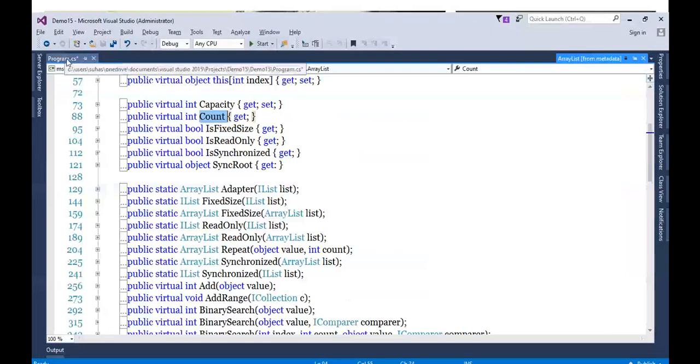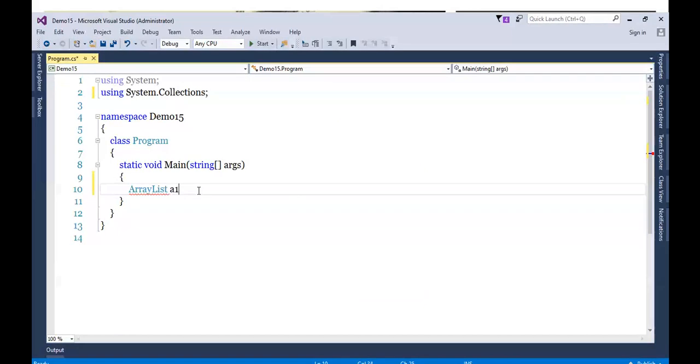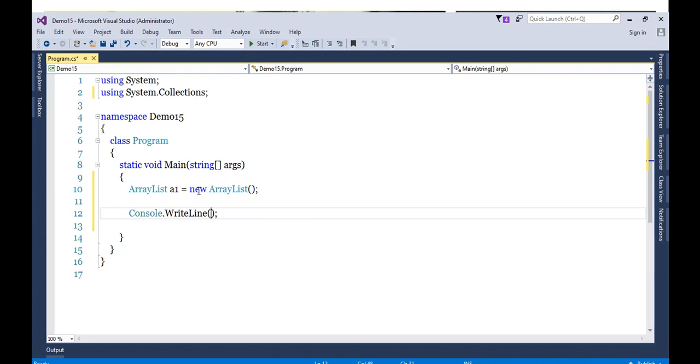So what I will do is create one ArrayList instance and simply print size and capacity. Console.WriteLine size is, let's specify a1.Count. The Count property will give me the size, whereas the Capacity property will give me the capacity.